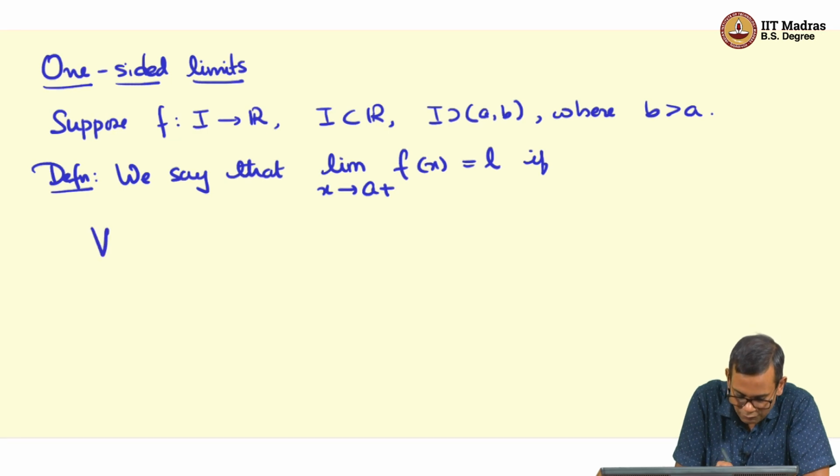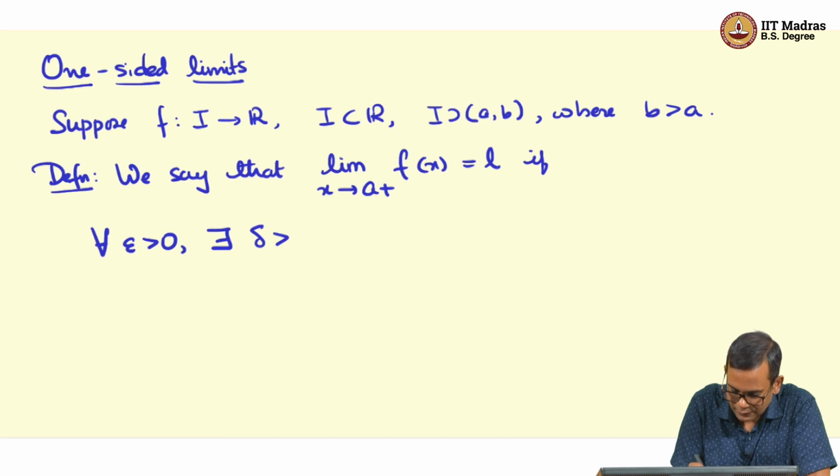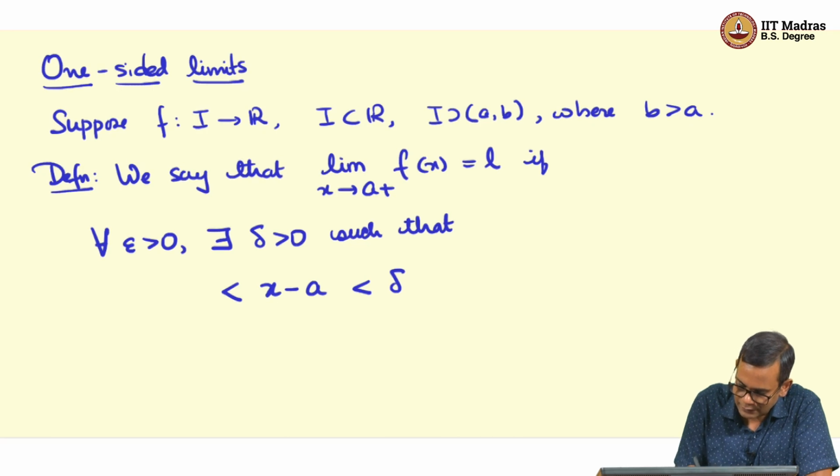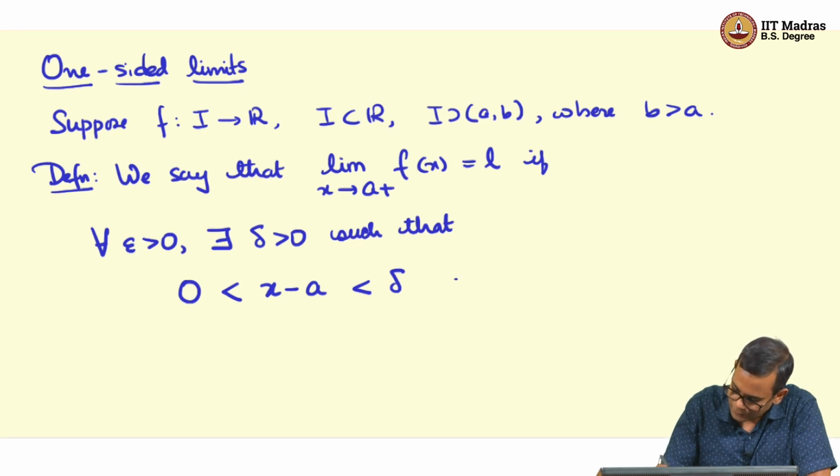So, we would say for every epsilon greater than 0, there exists delta greater than 0, such that, now in the usual notion of a limit, we had this absolute value of x minus a less than delta, but here we do not have that. We will only look at x to the right of a. So, 0 less than x minus a less than delta